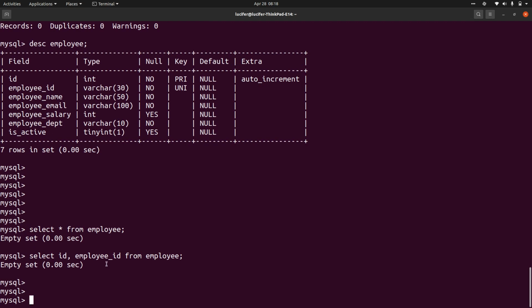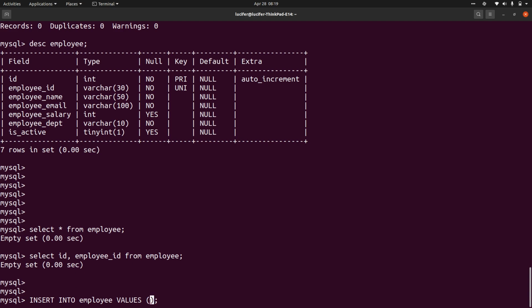Now since we don't have any data, we need to insert some data, right? Simple insert command: insert into, we are inserting into some table, employee. It's better to give the table name, insert into table name, it would be better, but this is also fine. Anyways, we will be inserting data into tables itself, right? So insert into table name, and what you are inserting, some values. So values, and all the values have to be inside the brackets.